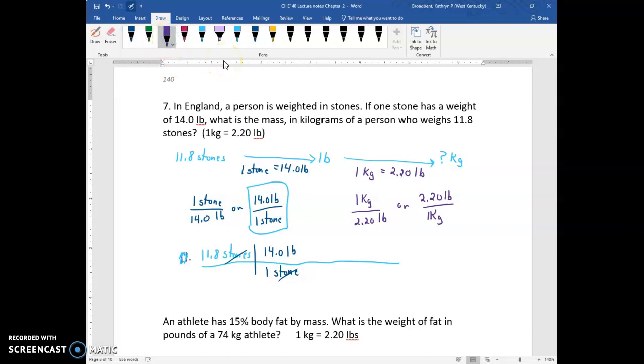Then, instead of finding the answer to that one, I can just put the next one right next to it. And we're going to use the one that's going to get rid of pounds and give me kilograms as my answer. It's going to be this one right here. And we'll end up with 1 kilogram over 2.20 pounds. Okay, to get my answer, I'll take 11.8, multiply by 14, and divide by 2.2, and I should get